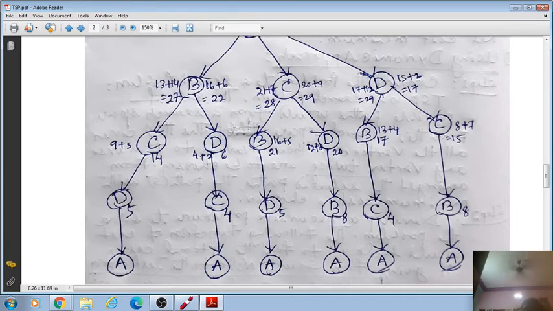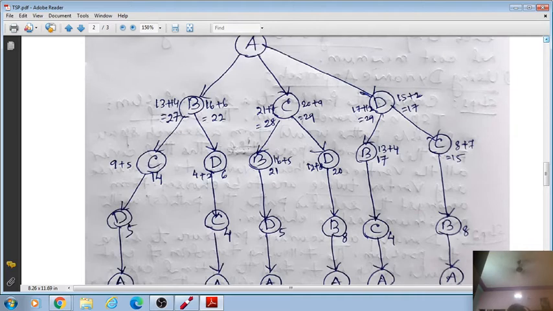But again, you just see among B, C, D, the minimum among them is 22. From here you may choose 28, and you may choose 17. Again, from this, which one to choose? Clear? So this problem, this is the possible solution. Among this, one answer is there. From this graph, exactly one answer is there.